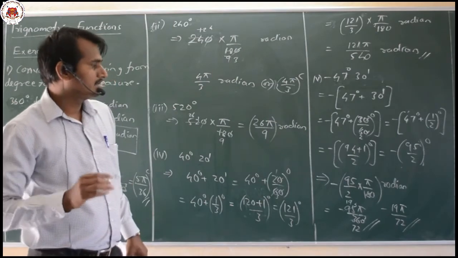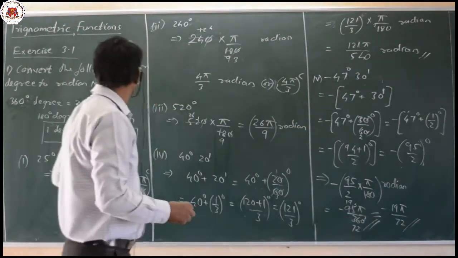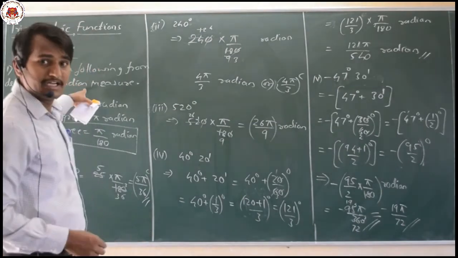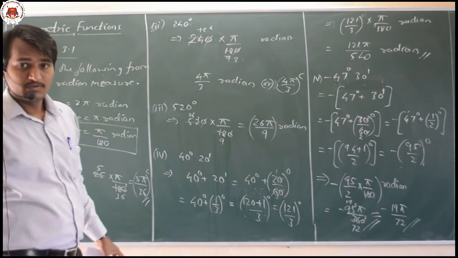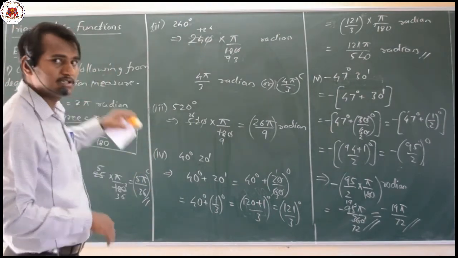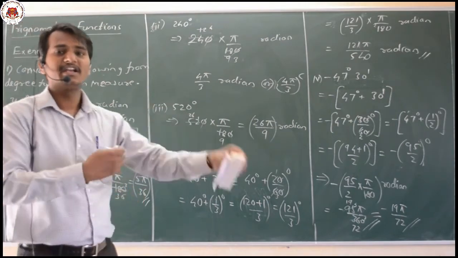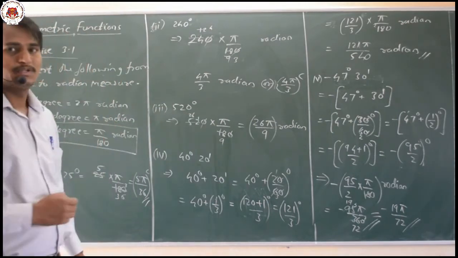Okay dear students, this is all about converting the degree into radian measure. It is nothing but the angle. Angle has two types, one is degree and one is radian. Now we have learnt about degree to radian. Now in the next session we shall learn from radian to degree. So before going to that, please pause the video to note it down.